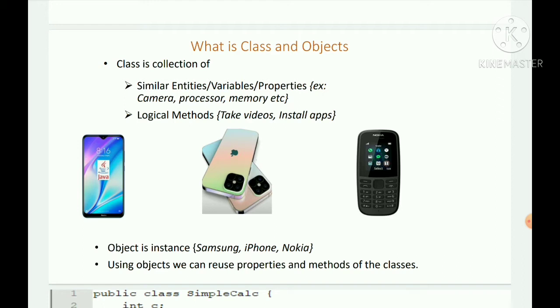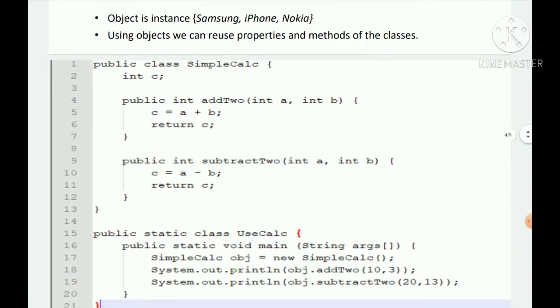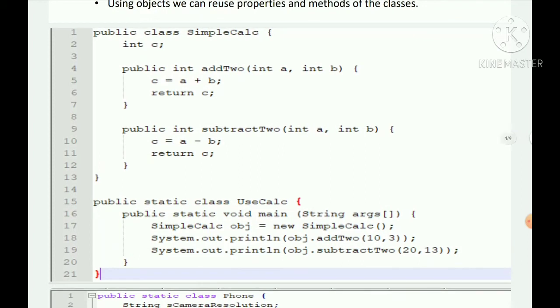For example, you are using two variables. Let me write a simple example: public class SimpleCalc. I am trying to write a simple calculator program. Here I declare the integer c.